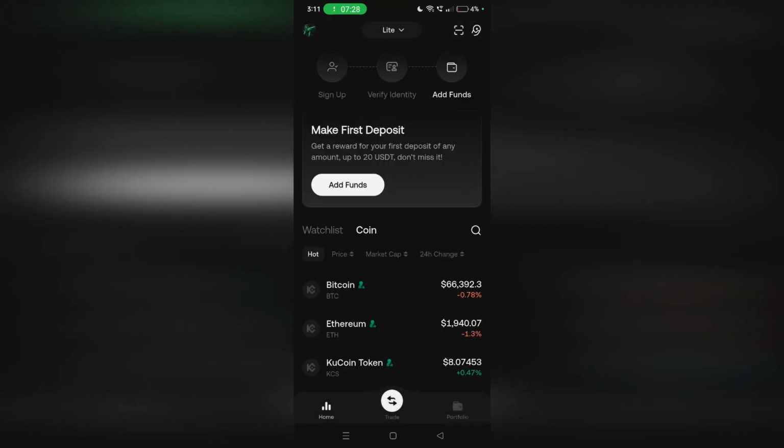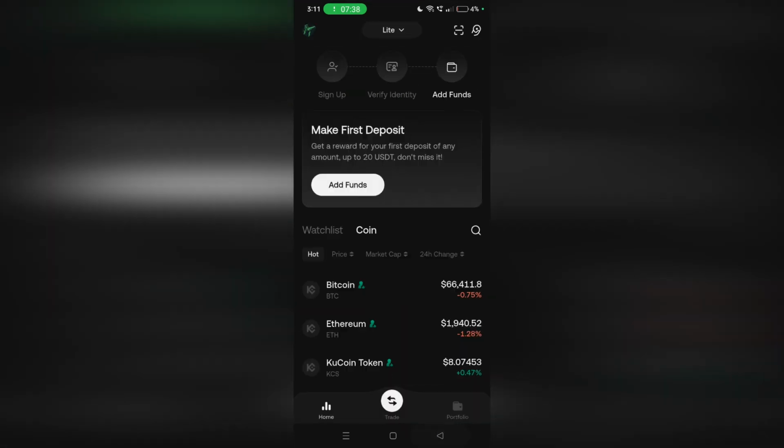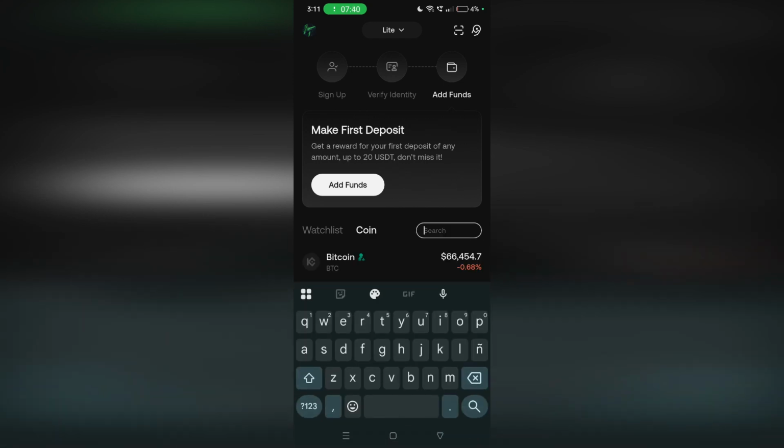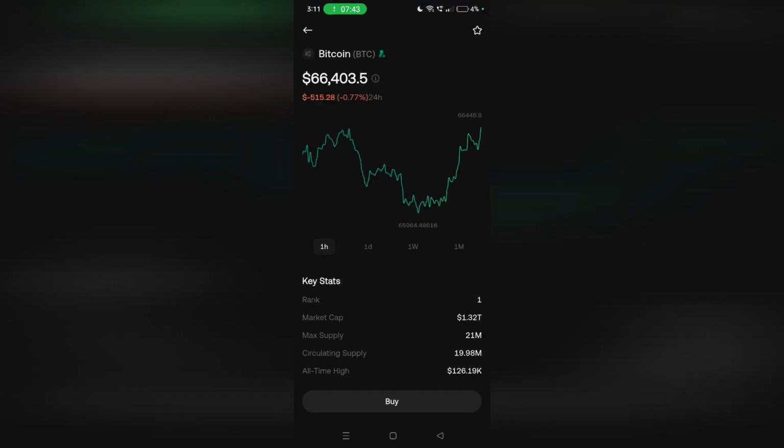As you can see right here, you will see Bitcoin on the top. Oh my gosh, the Bitcoin is right here. Once you see the Bitcoin right there, just type it in. Type Bitcoin, but yeah, you can just press on that right there. After doing that, you can check the scales.